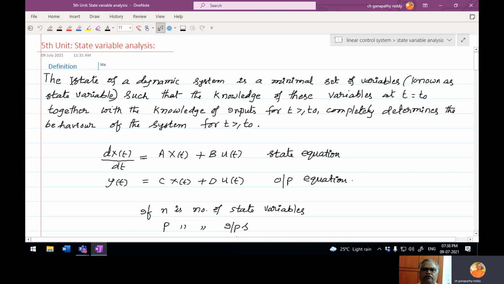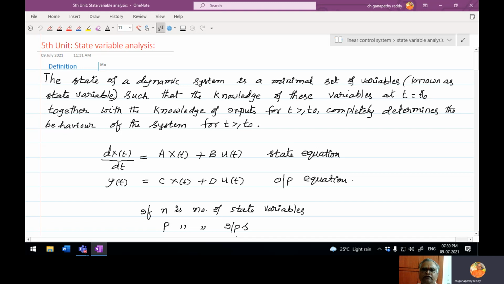The state of the dynamic system is a minimal set of variables, known as state variables, such that the knowledge of these variables at t equal to t naught, where t naught can be 0 or anything,